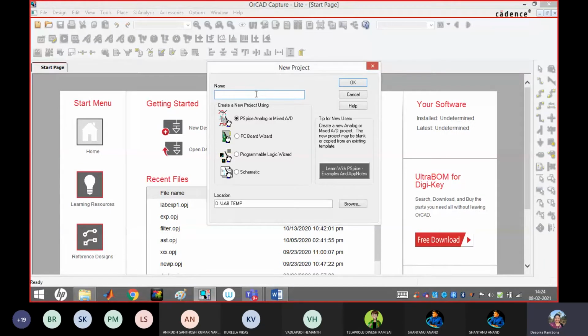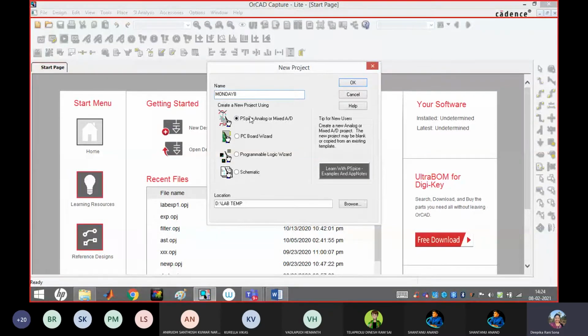Suppose I am just giving "today is Monday 8". You can give lab experiment 1 or inverting or intro 1 or task 1. Any name you may give. Then just check.